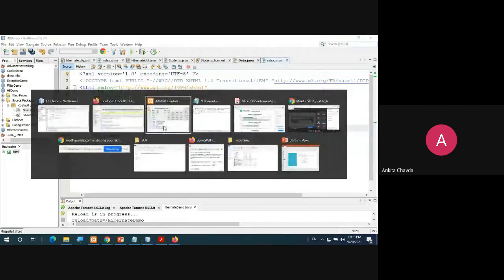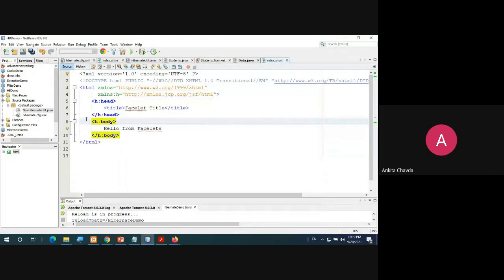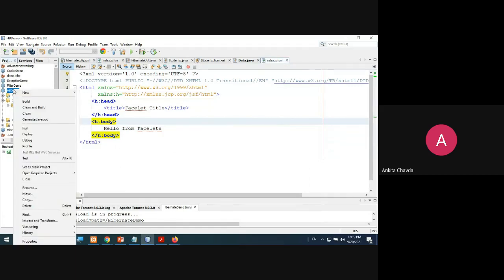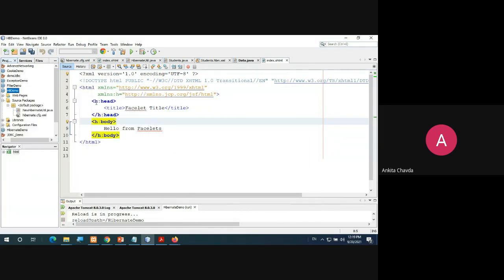Now you need to create one Java file for the getter setter methods. So I'll go to this, right click, and you have this New. In that you can create one Java class.